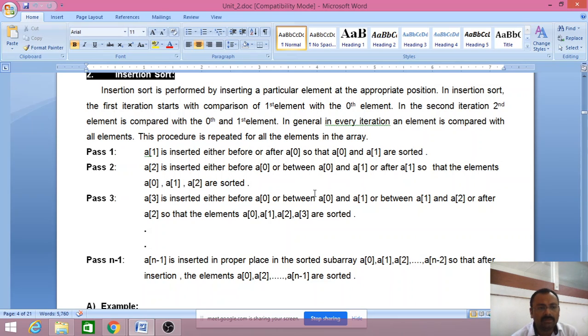In insertion sort, the first iteration starts with the comparison of the first element with the zeroth element. In the second iteration, the second element is compared with the zeroth and first elements. In general, in every iteration, an element is compared with all the previous elements, and this procedure is repeated for all the elements in the array. The first one, that is a of 1, is inserted